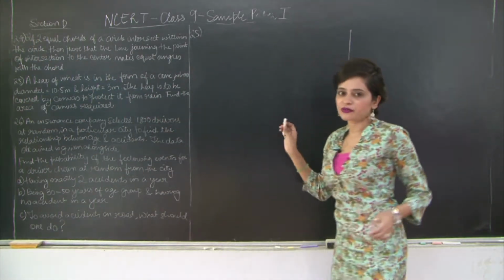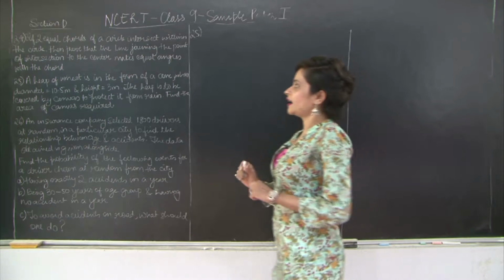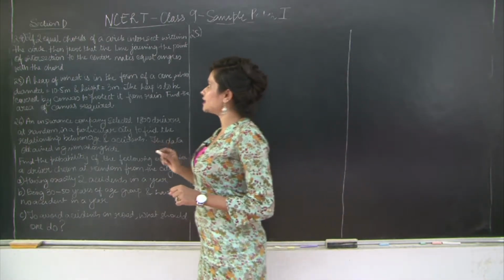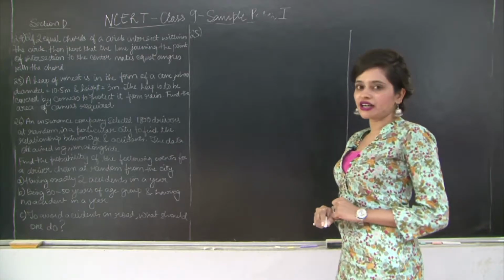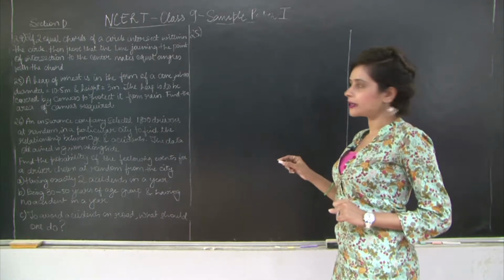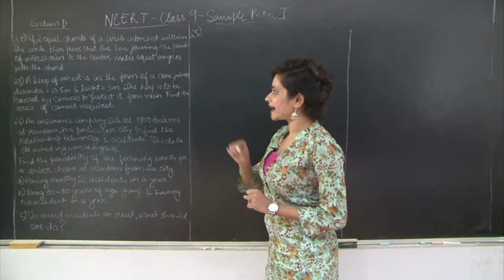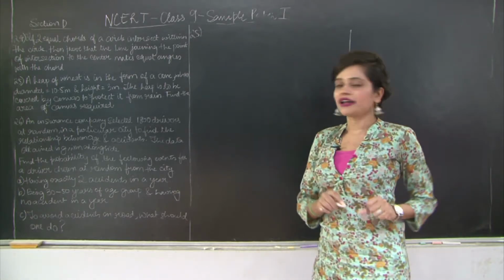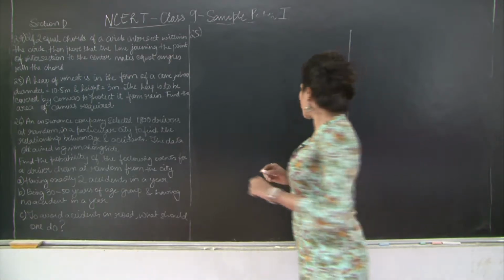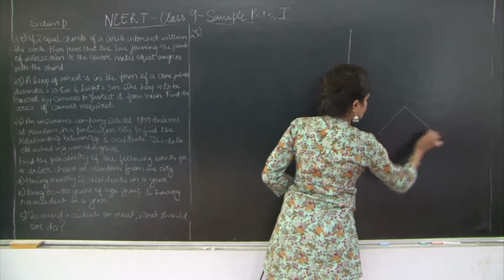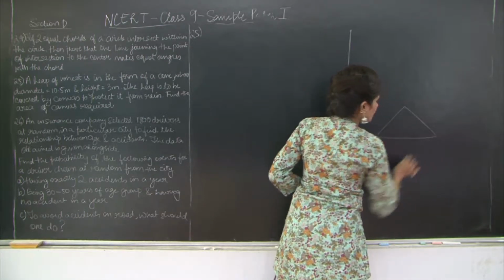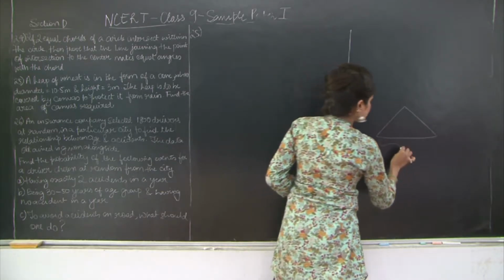So this one is from surface areas and volumes. It states that a heap of wheat is in the form of a cone whose diameter is 10.5 meters and height is 3 meters. The heap is to be covered by canvas to protect it from rain. Find the area of canvas required. So we have wheat kept in the form of a heap, in the form of a cone, with base diameter as